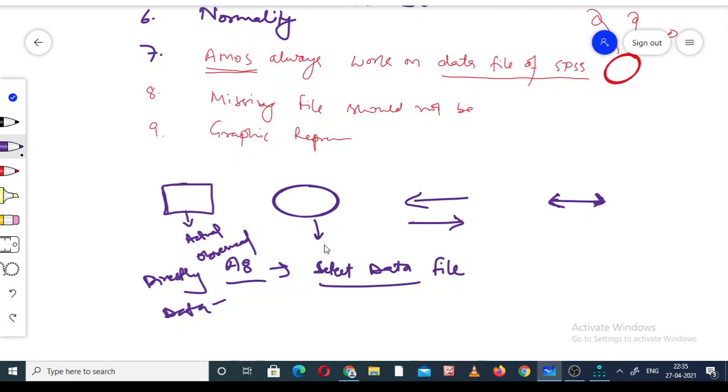If we do not have the data file, this is not observed, this is latent. Or we can say we cannot measure it directly, like the satisfaction level. So in that case we use the circle. Satisfaction should come inside the circle, while revenue or sales, the actual data, come inside the box.